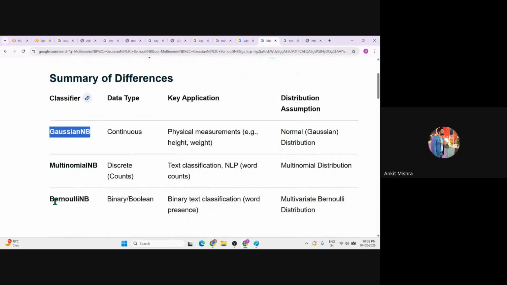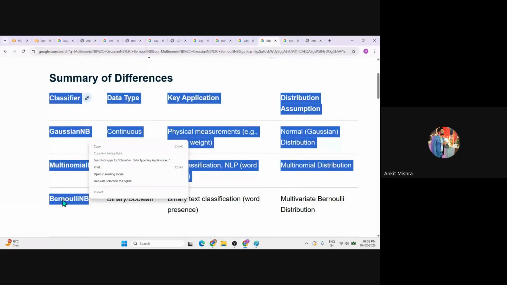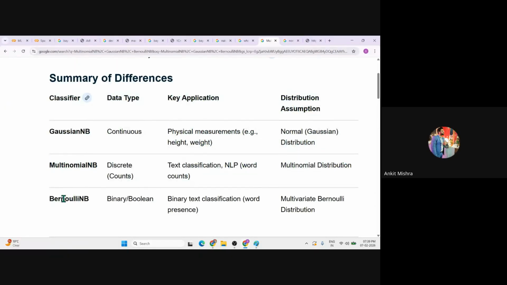Let's first understand the Bernoulli one, right? With Bernoulli, we have some very basic analysis, where you just need to check whether a given word is a positive word or a negative word, as in sentiment analysis, or where the output is binary or Boolean in nature. So you can use Bernoulli naive bayes. Since we are getting data related to text classification, you need to identify the overall words, where each mail can be spam or ham. Ham is the actual mail, spam is the fake mail, right? So we'll generally use the multinomial naive bayes in this case.